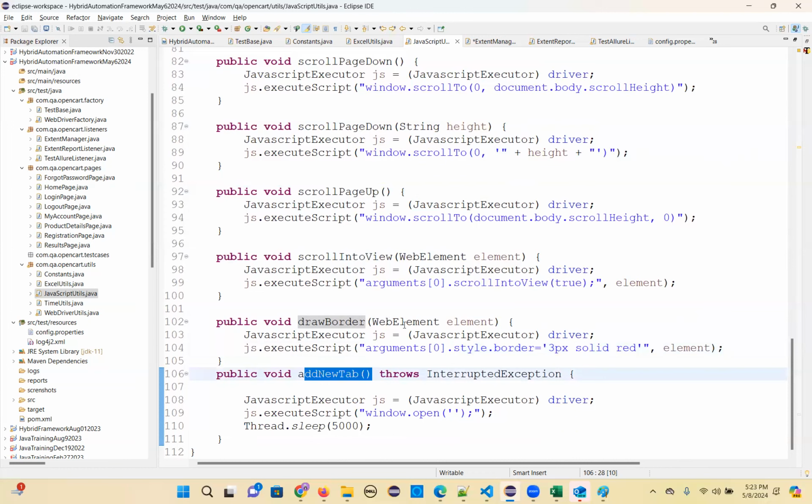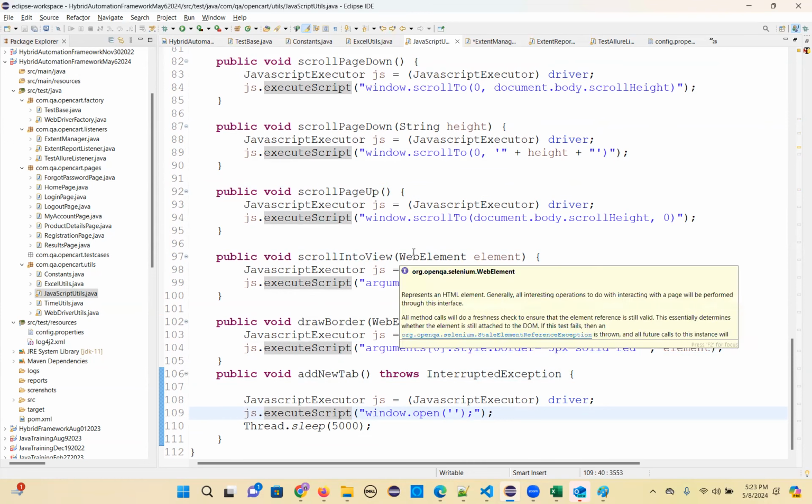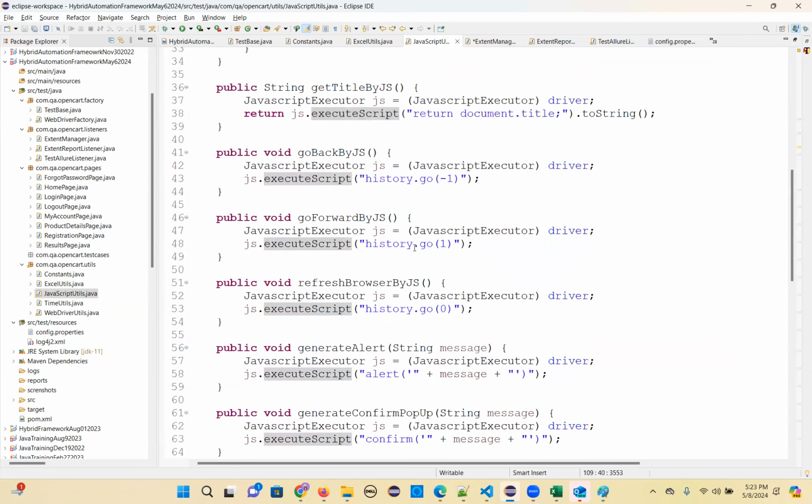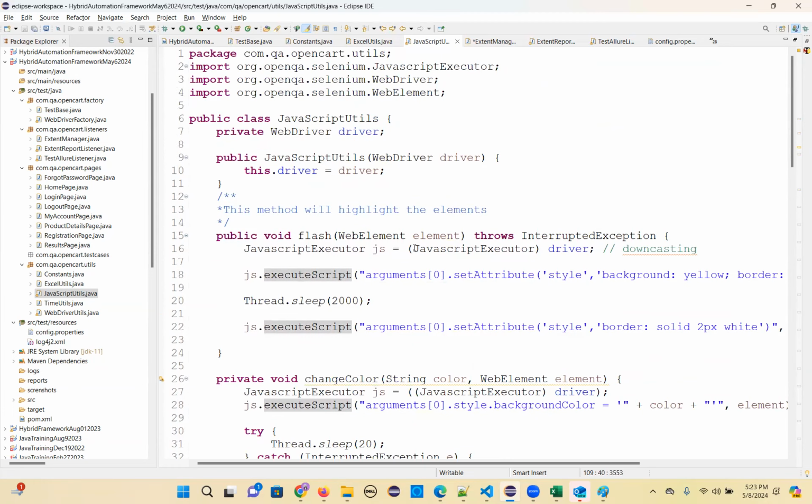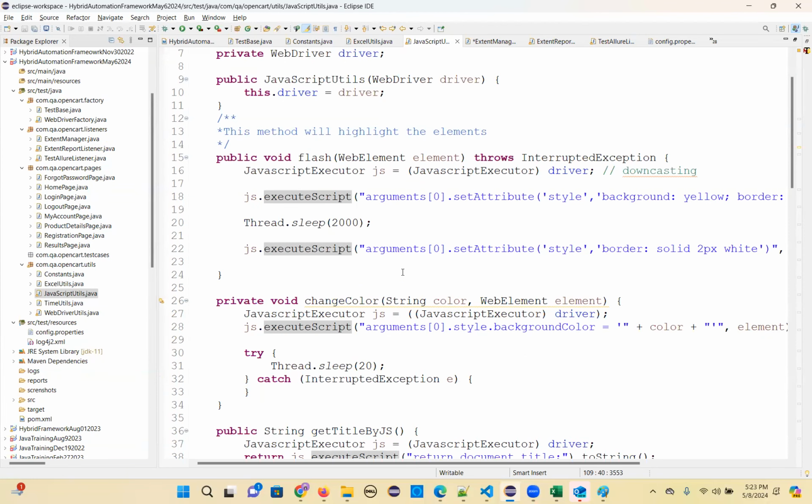If you want to open a new tab with the JavaScript code, execute script of window dot open, just blank you give, and automatically a new tab will open. So with the JavaScript, you can do a lot of things in Java Selenium. You don't need to write this every time, right? This is all ready-made. You can use it